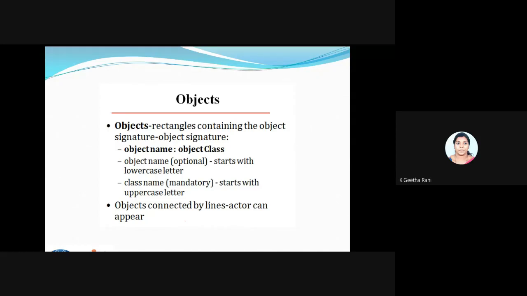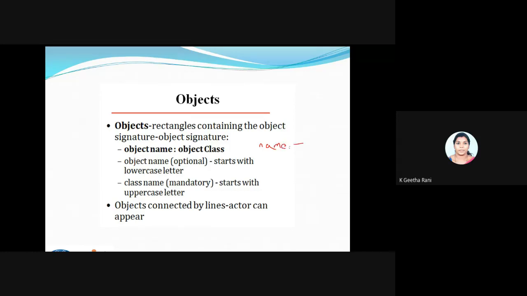The well-known thing is your objects. What is an object? It is nothing but a more specific system. I'm calling it an object here, and I'm representing the object with a rectangle box. We have two contents inside this object, as we said yesterday. What do we need? We need a name along with a type.